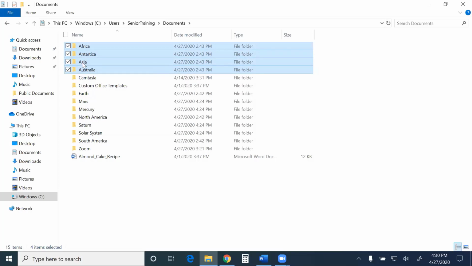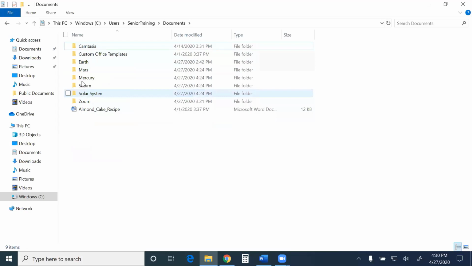Now let's say, since I've got these 4, I wanted to also add North America and South America. Now I can go back to control selecting. So Shift gets the first, last, everything in between. Control, you're able to click the 1st, the 5th, the 9th, the 23rd, and the 538th. Doesn't matter. And then again, as long as I click something that's highlighted in blue, I can drag that all into Earth.